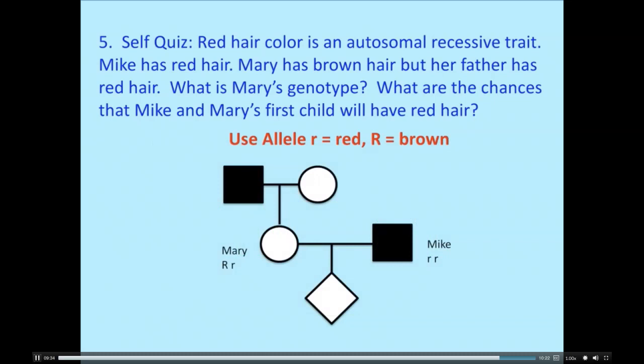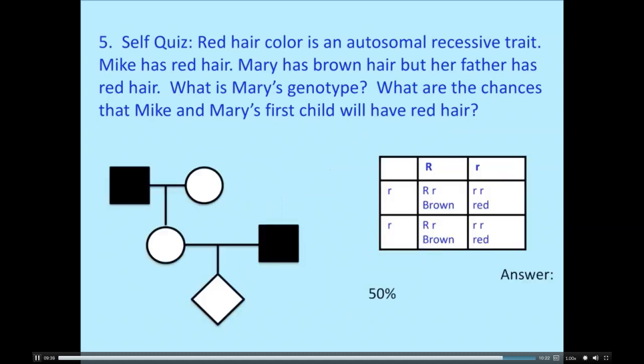Then set up a Punnett square, work through the problem, and then pause. Hopefully you got the answer that their kids will have a 50% chance of having red hair and 50% chance of having brown